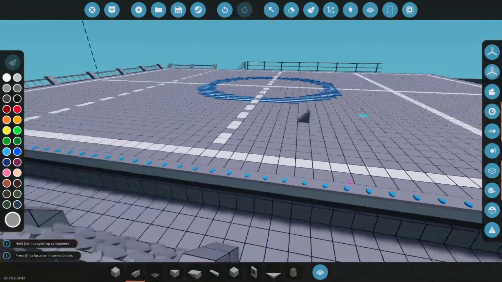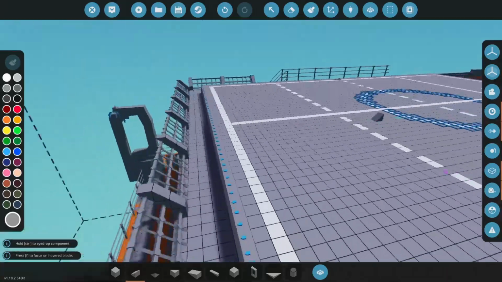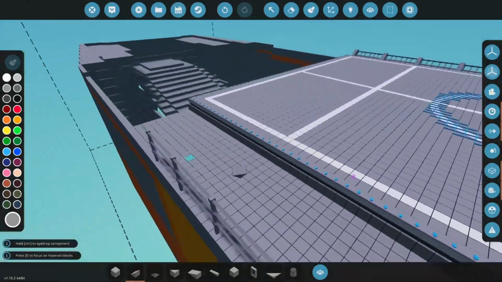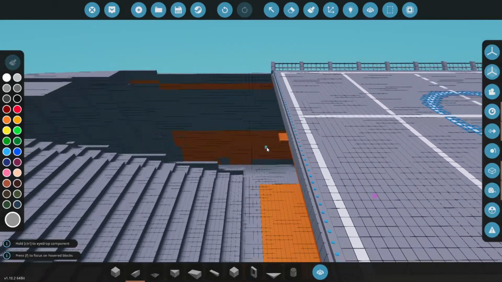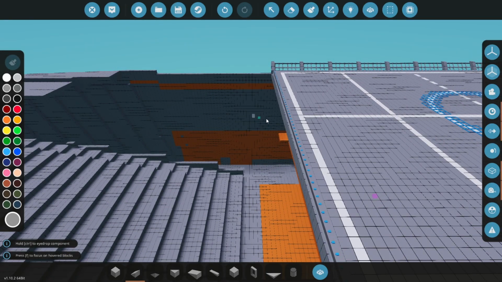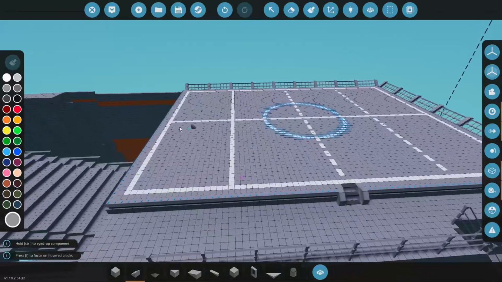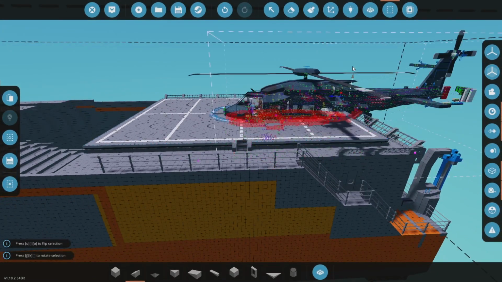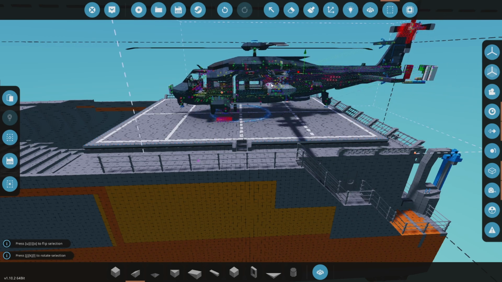I'm not worried about having stairs on the sides. It's more like this is the bit where you would get off and on from, or there'll be a structure on the back of the ship up here that you can walk directly into the ship. This is the thing that I need to be landing on here,